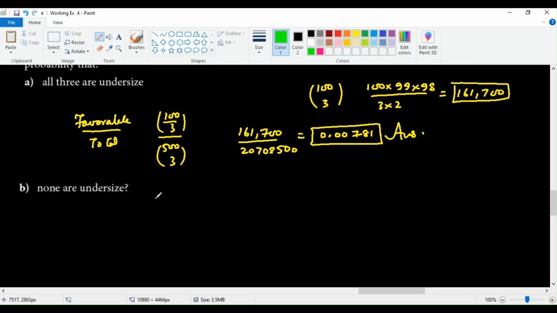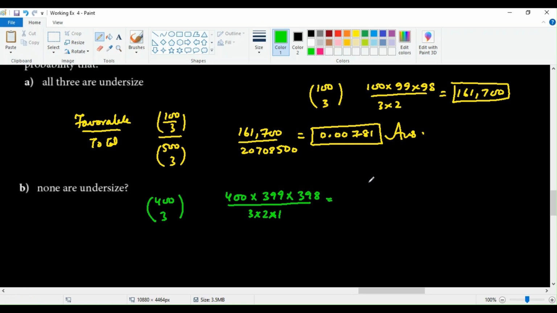That means 400C3. First we find out this. This gives us 400 times 399 times 398 divided by 3 times 2 times 1